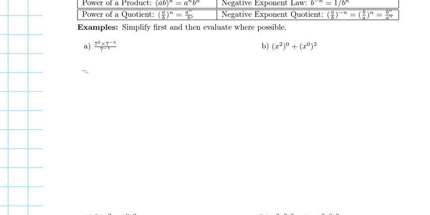So what would you do? Tell me. If you want to flip the exponent, what comes up, what comes down? The 7 to the power of negative 1 is going to come up and become 7 to the power of 1. And the 7 to the power of negative 5 is going to come down and